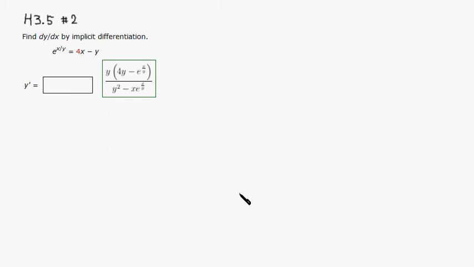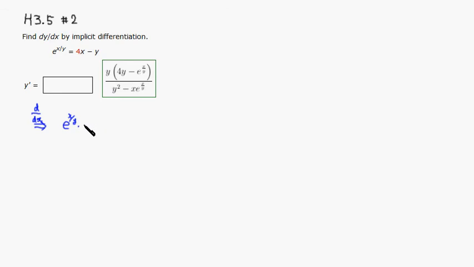Okay, let's look at homework 3.5, number 2. Right, so why don't we just go ahead and take the derivative with respect to x. So we're going to take the derivative with respect to x. Right, so the derivative of e to the x over y would be e to the x over y, right, times